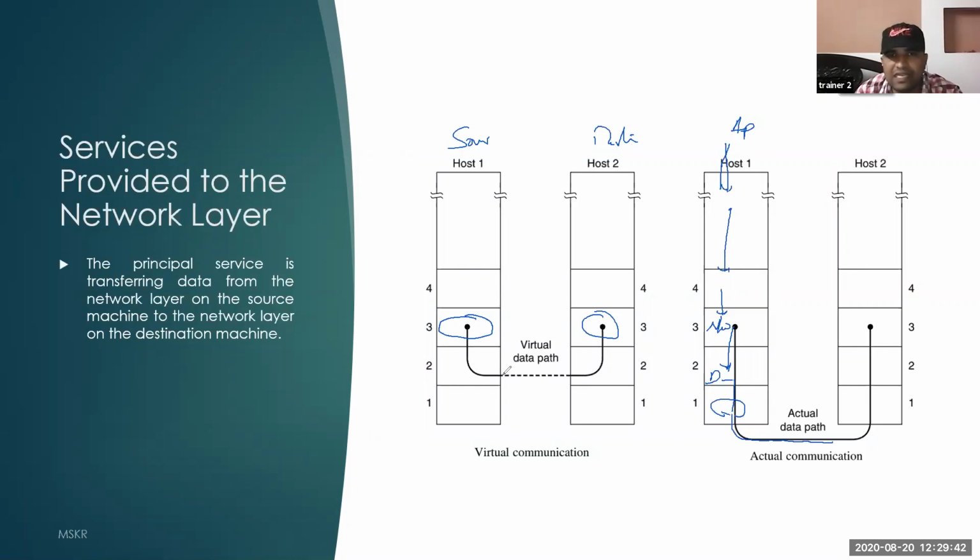The data link layer will provide this service through so many intermediate nodes, not directly, but through the actual path. But from the network layer's point of view, it will think that the communication is not going through multiple systems or multiple communication mediums. What I am sending is received by the receiver. That's it. That's what it will see.